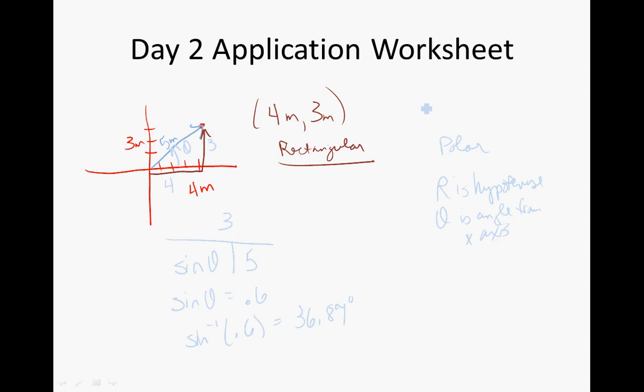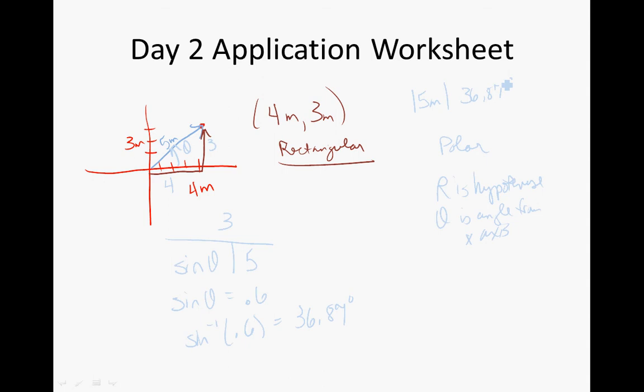So the way I could express this in polar form is that the hypotenuse is 5 meters long. That would be the hypotenuse, r, and that's sometimes given in these bars on either side, and that's meant to signify the absolute value of the distance or the displacement. It's actually 5 meters from the origin, and then it is at a distance rotated counterclockwise of